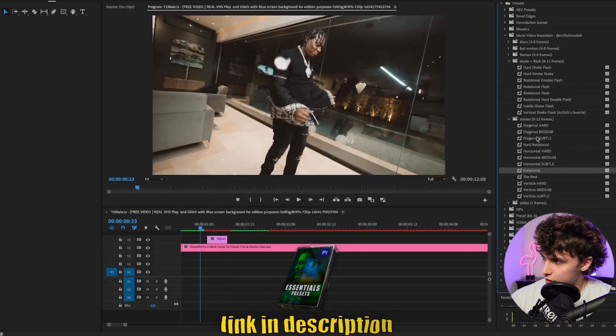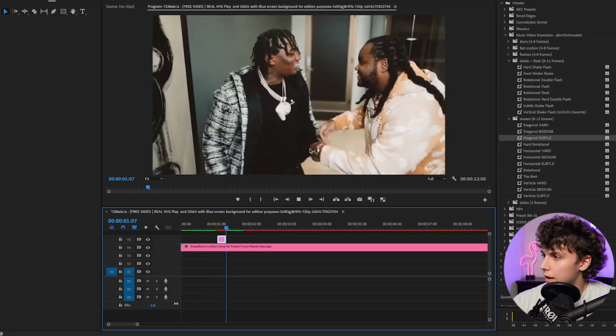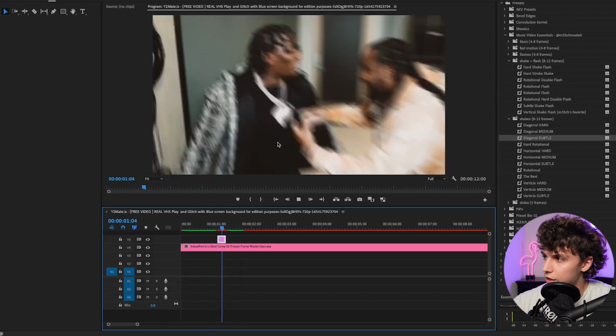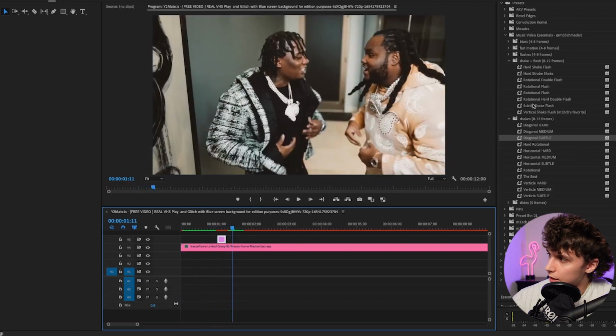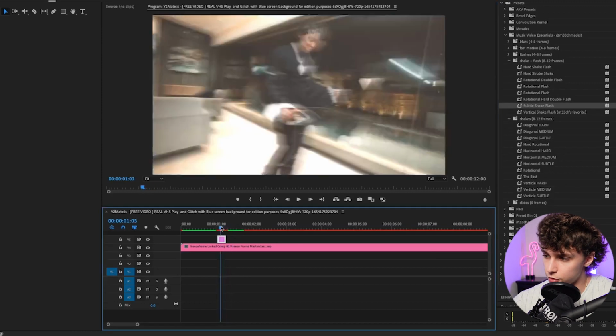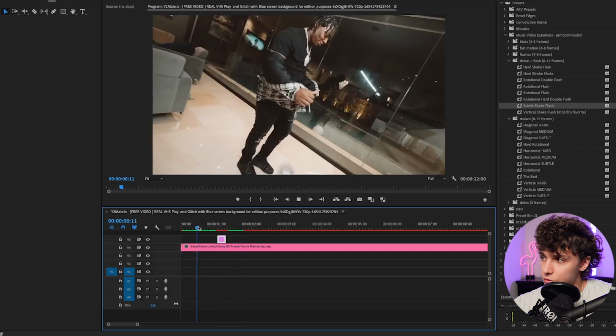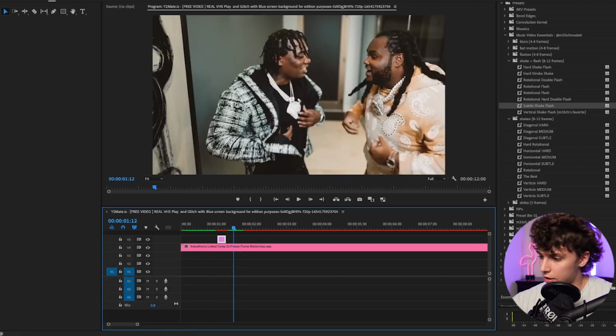And we do have these new rotational shakes, but I think we need something more subtle for here. Might just go ahead with the diagonal subtle and see what that looks like on here. And just like that, I think that looks super clean with that subtle shake. We could also try a shake flash. So I'm just going to try the subtle shake flash and see what that looks like. This is one of the new presets. And just like that, we've got a super subtle shake with the flash, and I think this one looks pretty clean as well. But yeah, I'm just going to save this and hop back into After Effects